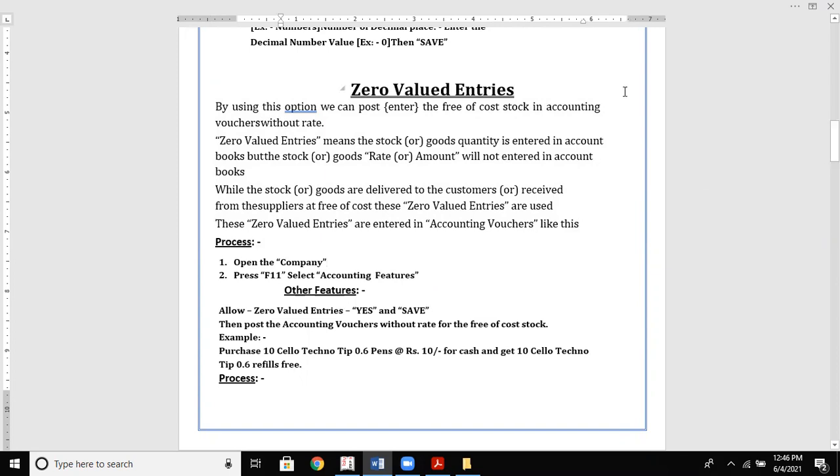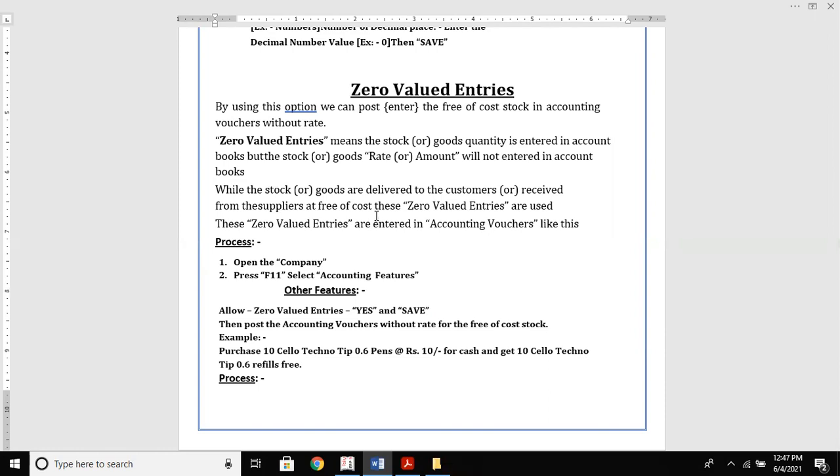So zero rated goods. So whatever zero rated goods we do have, how are you going to enter that? Here we are going to specify. So basically it says that you can enter in accounting vouchers without rate itself. Zero valued entries means there is no value for that stock or goods quantity entered in account books, but the stock amount is not maintained, while the stock or goods are delivered.